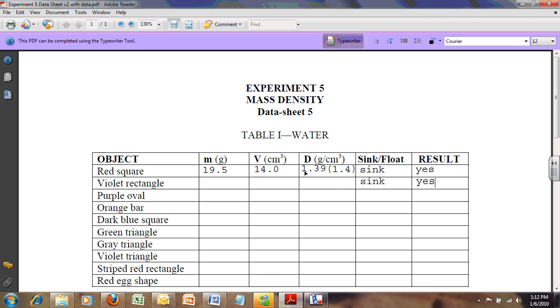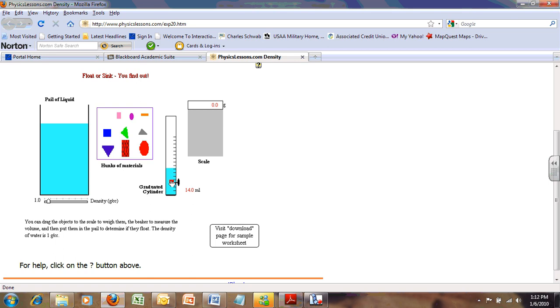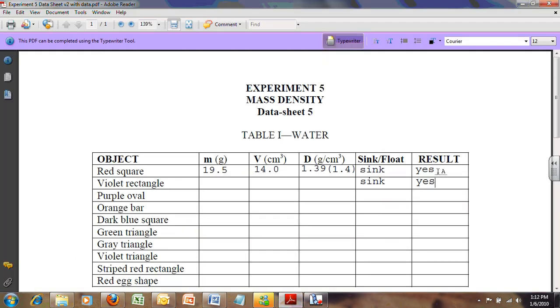Now I look and I see that the mass density of the object is 1.39, which is greater than the mass density of water, which is 1. Therefore, I predict it's going to sink. Now, how do we find out? We go back, we take it from the graduated cylinder, we put it in the pail of liquid, and sure enough, it sinks. And so we can come back in here and we can confirm right here that indeed